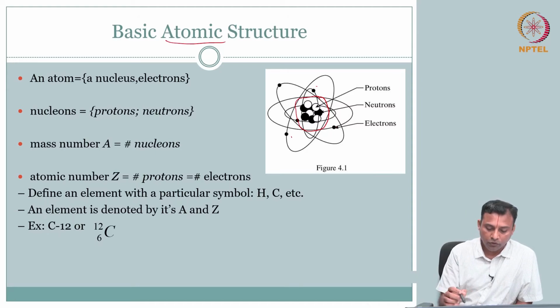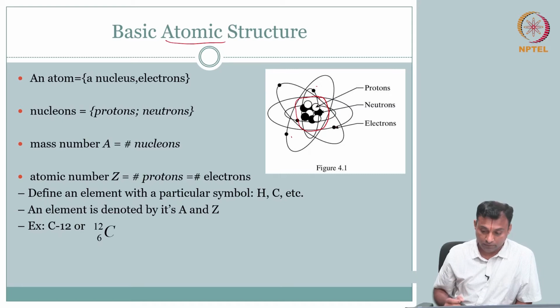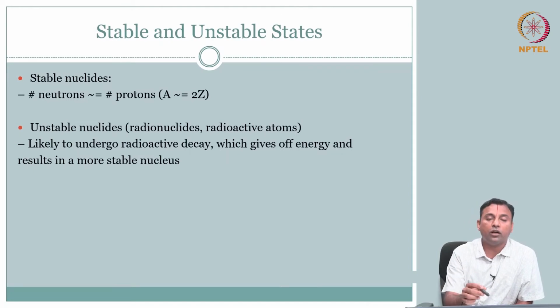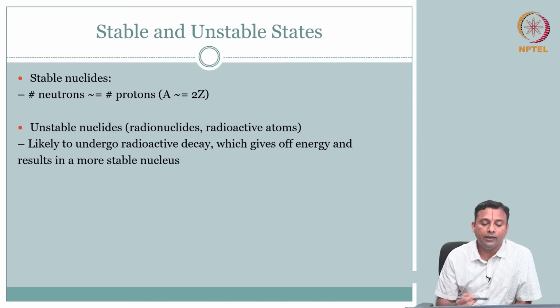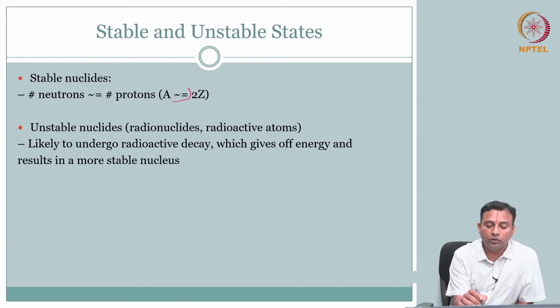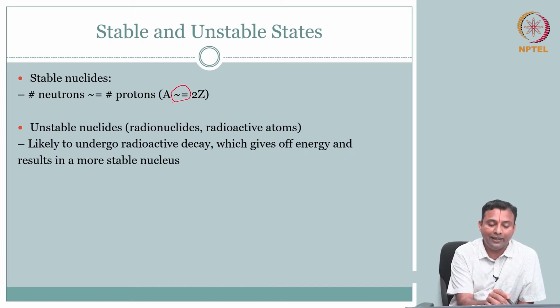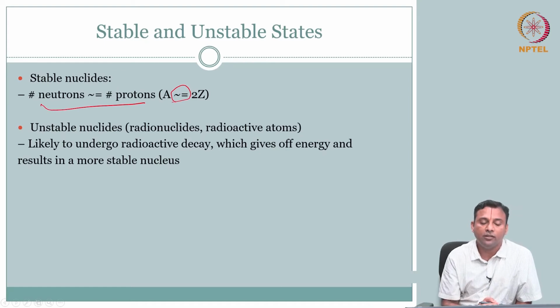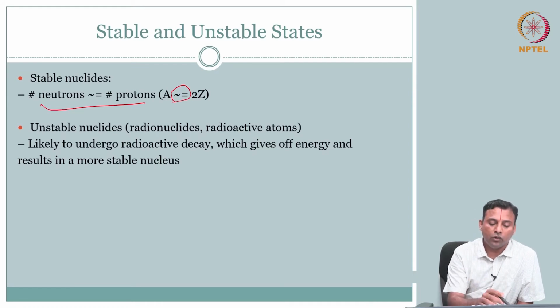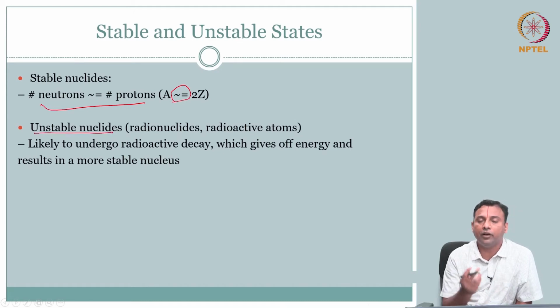What is there? Oh, you have protons and neutrons. So now we need to address the similar question. Okay, we also talked about stable nuclides, right? Of course, we will pay now attention to this approximately equal to, that is one take home message you will get across. But there is a relationship between neutrons and protons for the nuclei to be stable. Okay. So under certain conditions you can have unstable nuclides. So if a nuclide is unstable, that atom is called a radionuclide, a radioactive atom.